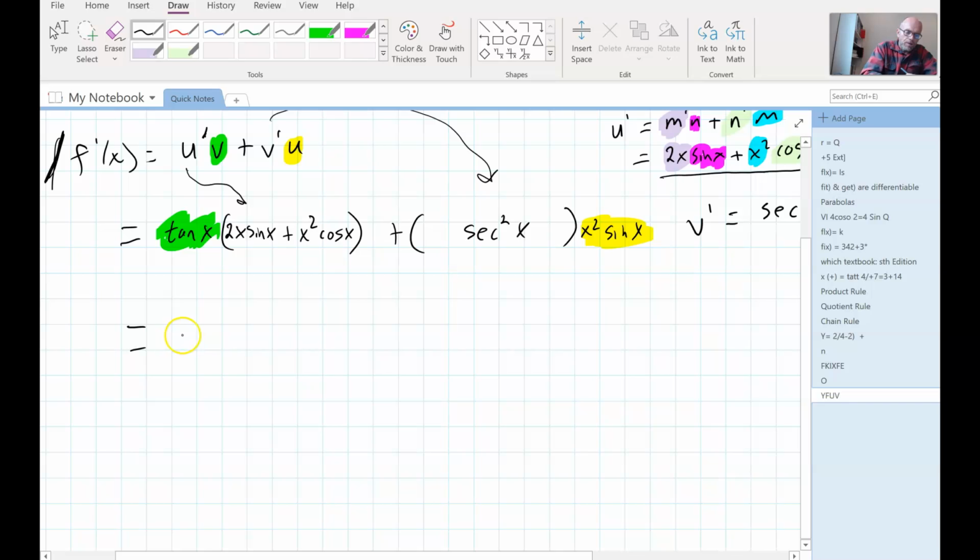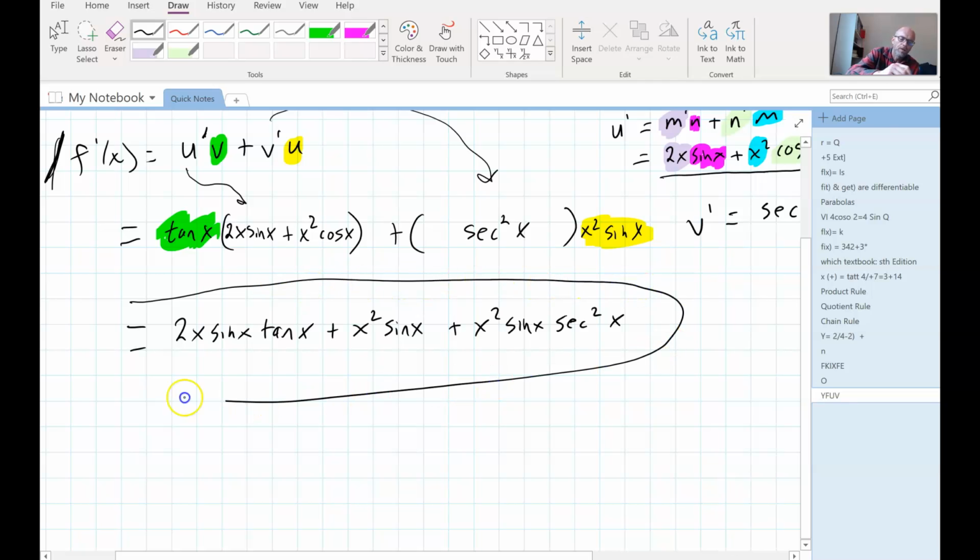Okay, so now I've filled in all my stuff, and I'm going to go ahead and simplify if I can. Let's see, this would be 2x sine x tangent x plus x squared. Now when I multiply tangent by cosine, remember the tangent's sine over cosine, so the cosines will cancel out, so this would just be x squared sine x. And then secant squared, there's nothing really to simplify there, so that would just be x squared sine x secant squared x. And that would be